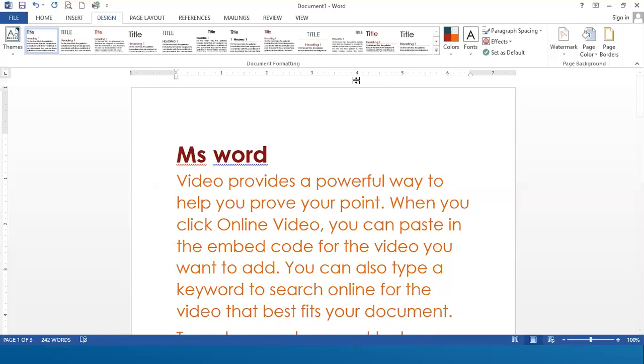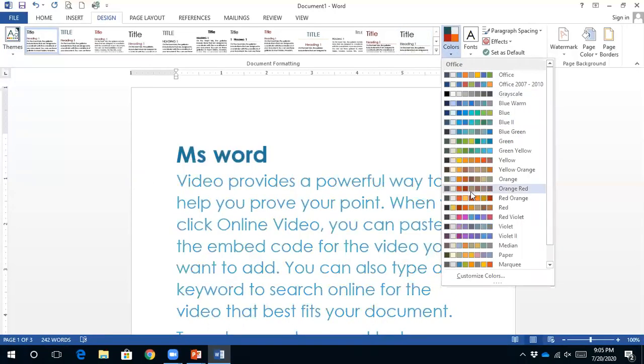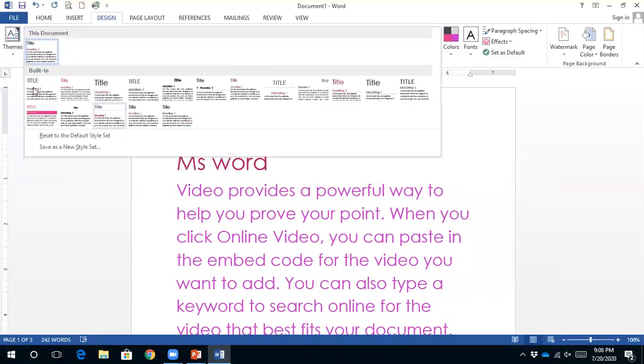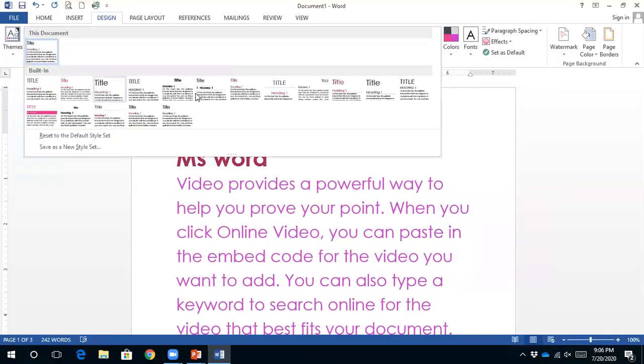After this, you can change your colors. As per the suggestion, you can change your colors, whatever color you feel is suitable as per your requirement. You can apply that particular color. This totally depends upon you. Here we have some options that provide us with different font styles.